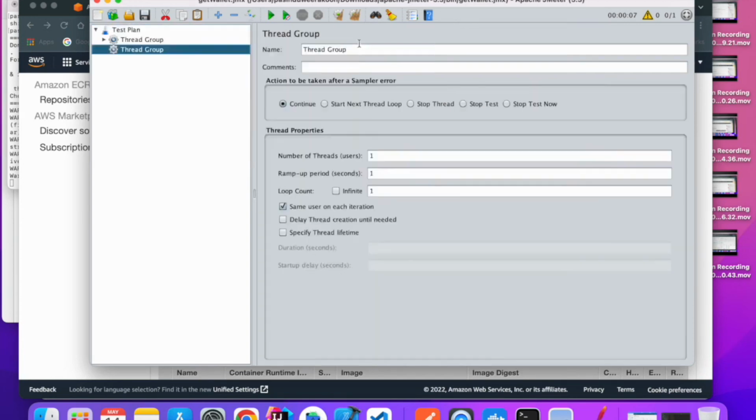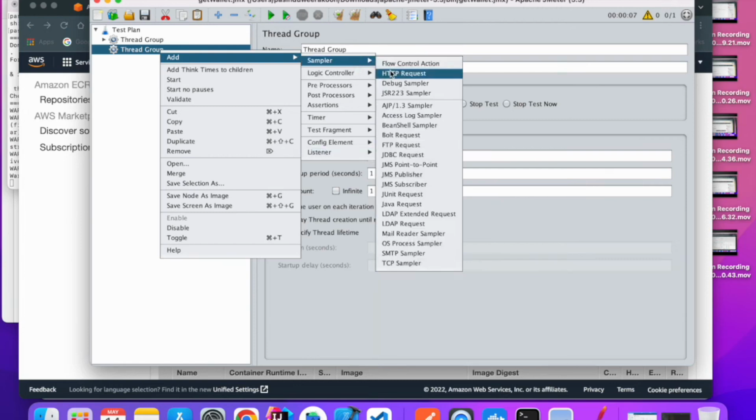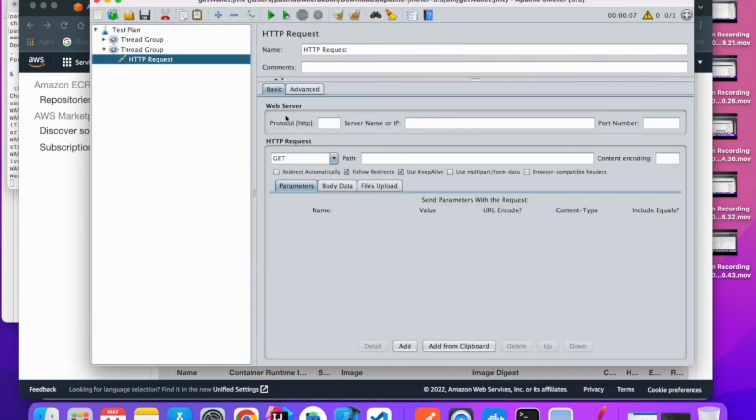Inside the thread group you have to select, and inside thread group you can go to the sampler and create HTTP request, and there you can put some name, get user details or something, and for the protocol, if you don't add anything to this text box, it will take HTTP,